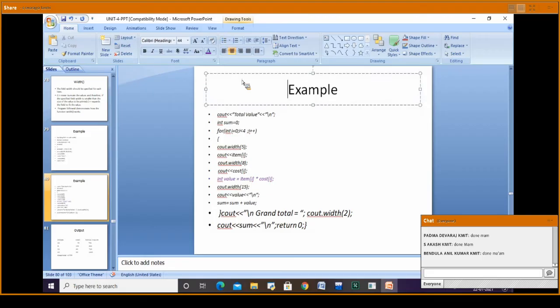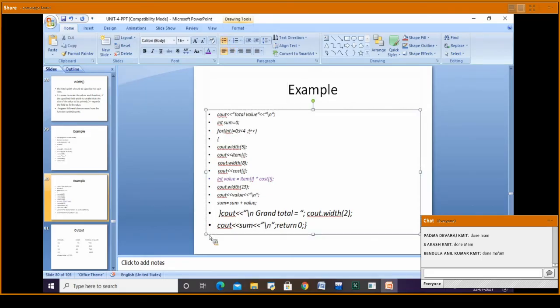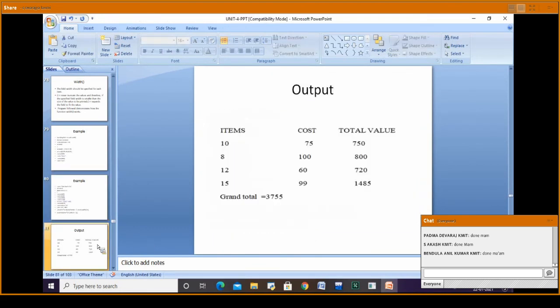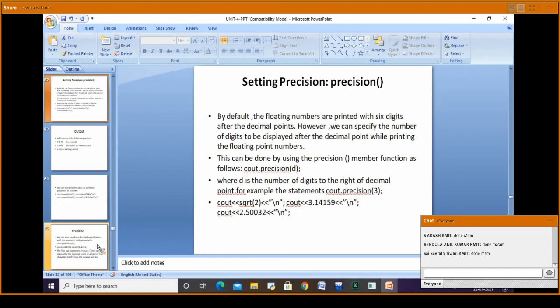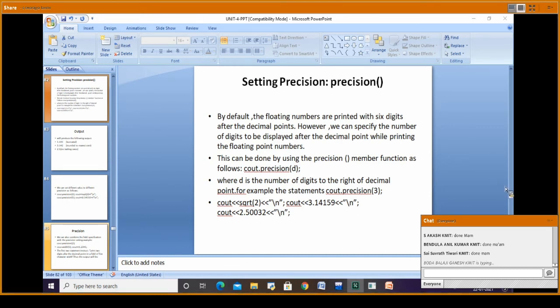Next we are having precision, setting the precision. Okay, setting the precision. May I continue the class or has everybody done? Everybody have done?